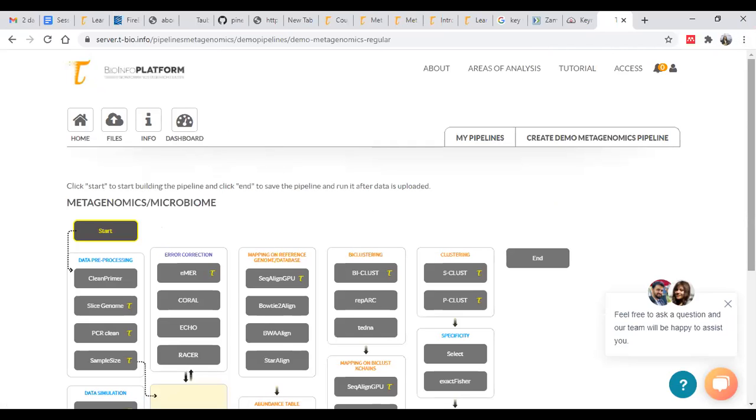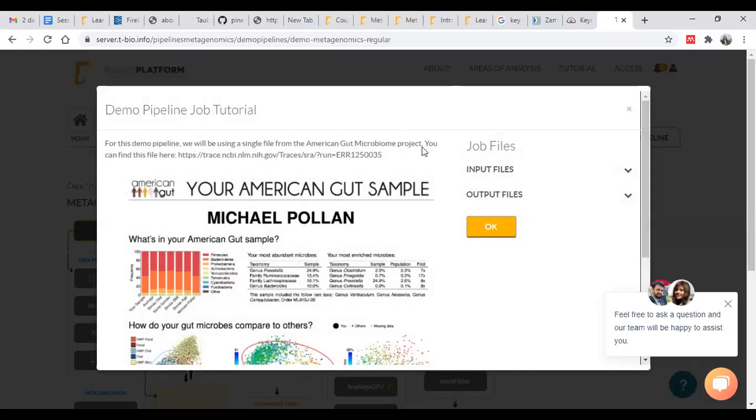So are you with me? So, okay, to start, we are able to upload our files. Here we have already told you that we have taken a sample from the American Gut Project. We have taken one particular sample and its ID is provided.